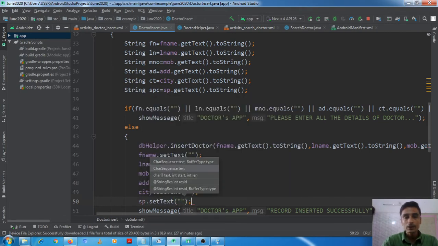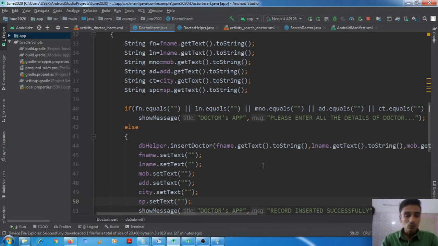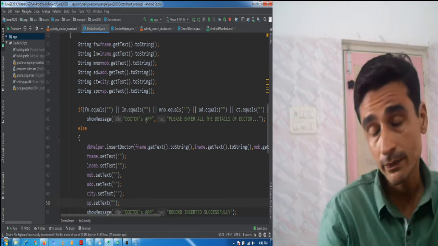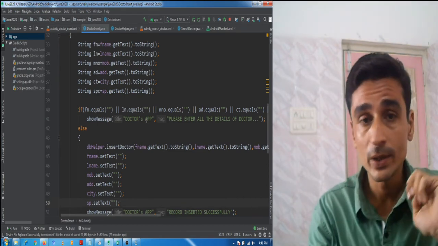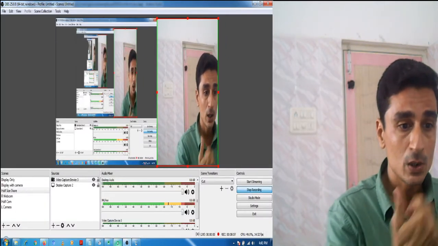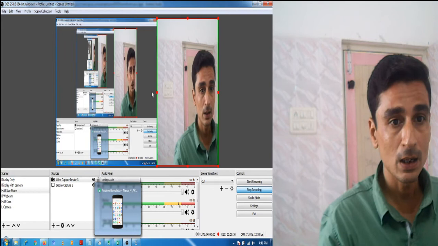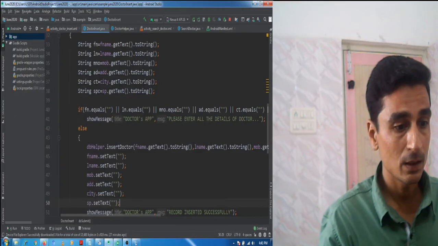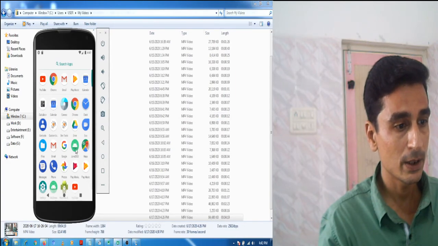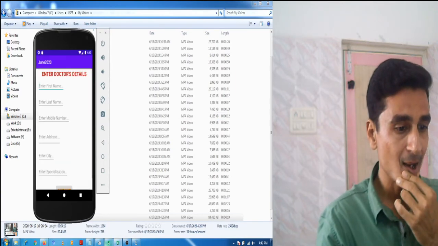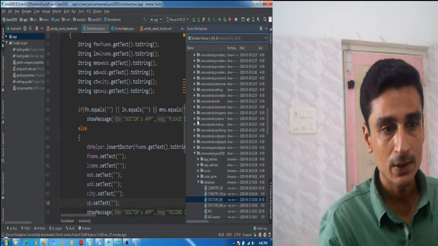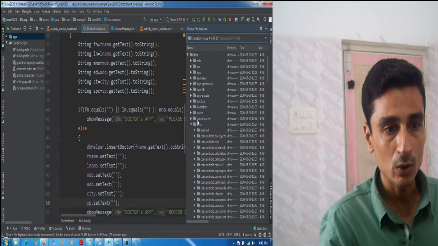empty. Okay, one more thing that I have told you, that I will show you the records, whether the records were successfully inserted when we performed insertion in the previous video. So you can see here in the output, it is our application, and here in the device explorer, see, if you remember, I have told you earlier that